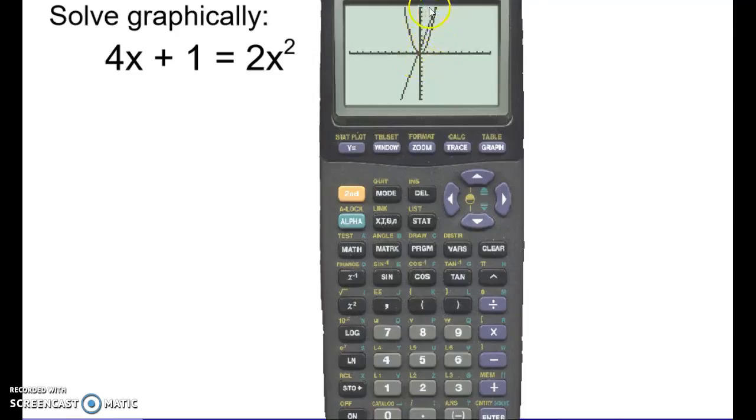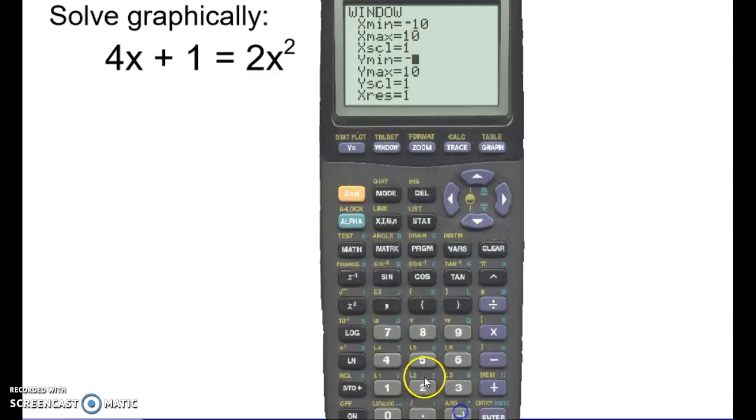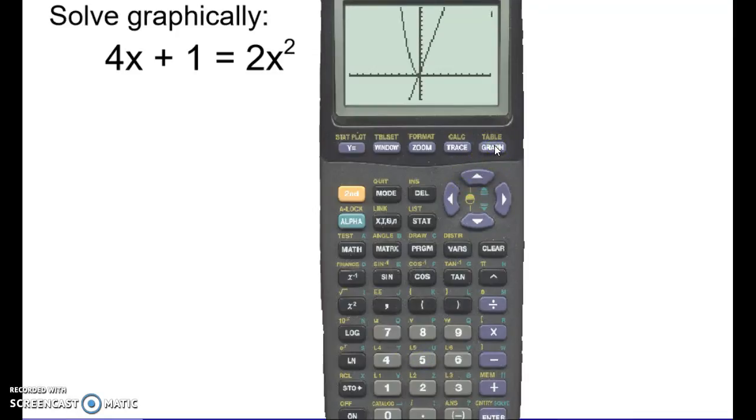Since that's where the area of interest is, I'm going to get rid of some of these negative y values and move the screen up a little by adjusting my window. So my y minimum maybe -5, and we'll push it up to +15 just to get a better view of those points where they cross. Okay, there we go. So now I can clearly see down here close to the origin and then up here in the upper right quadrant.